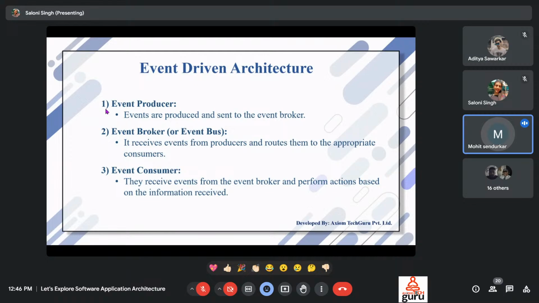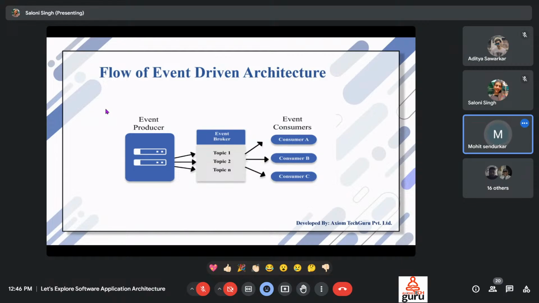Imagine an online shopping platform where users can add items to the cart. When an item is added to the cart, an event is generated and needs to be processed by various components in the system. Let's see how the events will pass through components. Event producer is also known as shopping cart service. Second is broker. Event broker is also known as message queue. Third is event consumer. Event consumer is also known as